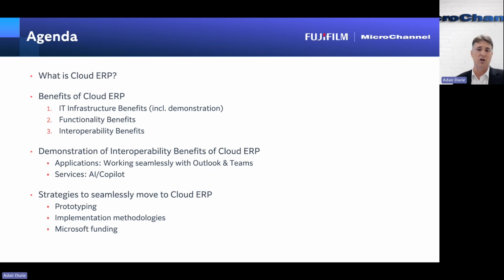Please note, we are using the Microsoft Cloud as the context to a lot of our demonstrations, but we're not going to be so parochial as to say that Microsoft's better than a Sage or an Oracle or the other clouds. There are 3 or 4 very large cloud vendors out there, and they'll all basically say, from a benefit perspective, they are at a different level to what the on-premise applications can do. So let's move along and get into it.